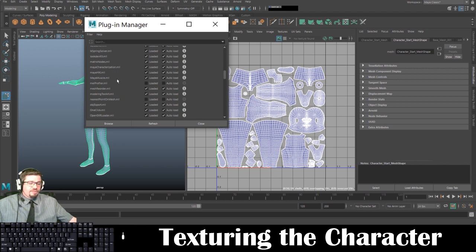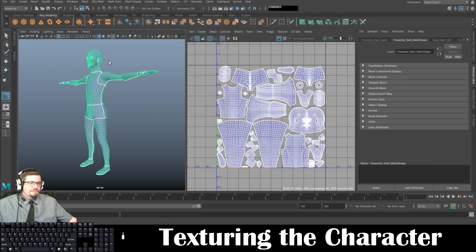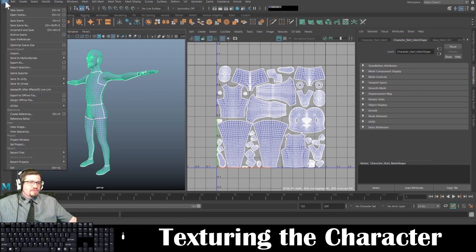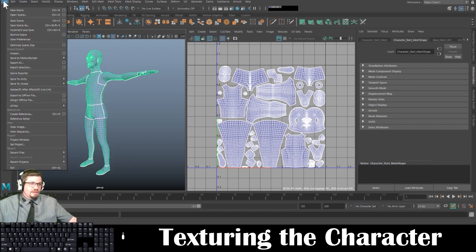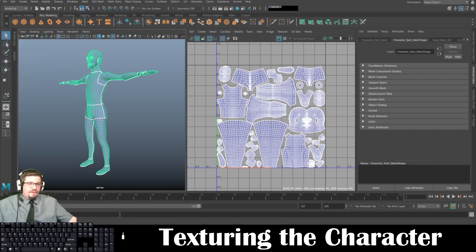especially if you took my 3D Modeling 1 course, 3D Modeling and Animation 1. Under objExport.mll in the plugin manager, just make sure it's on loaded and auto load. You can click refresh and then close. And all that does is allow you to, and then before I even go to the next step, select the arrow tool, go to object mode, select your object, and then go File, Export Selection, and then, hold on,